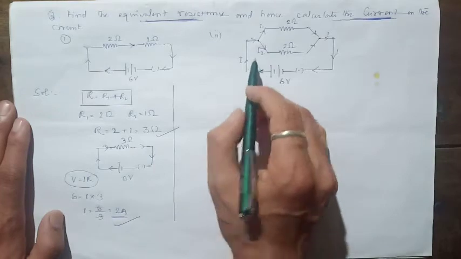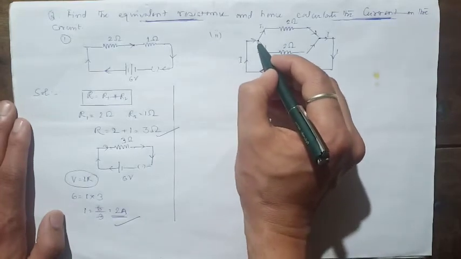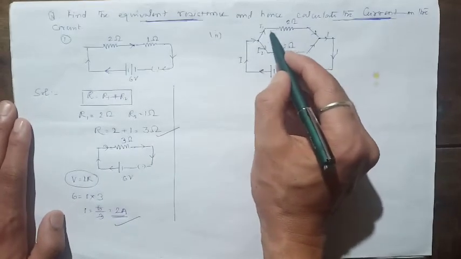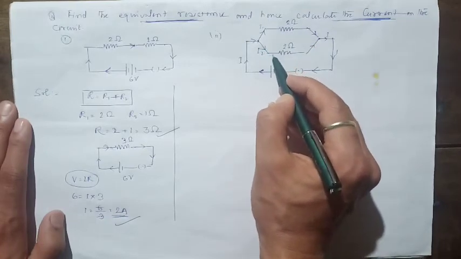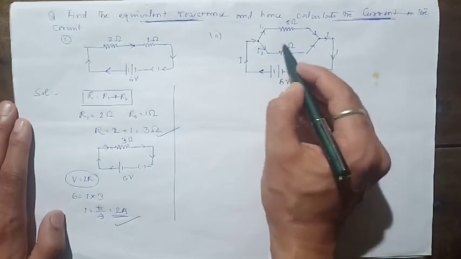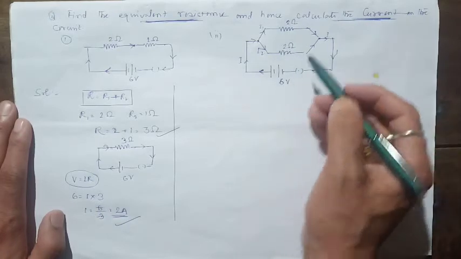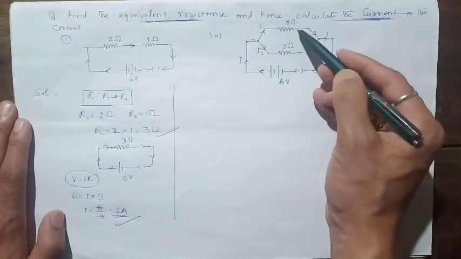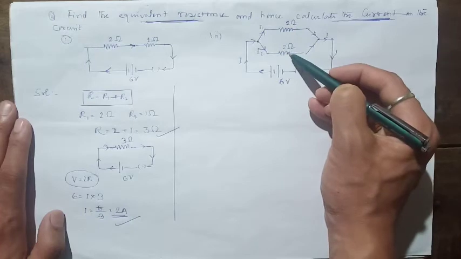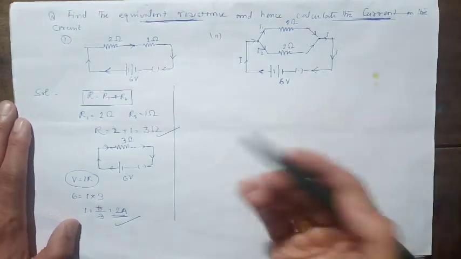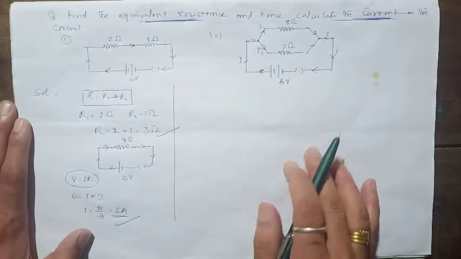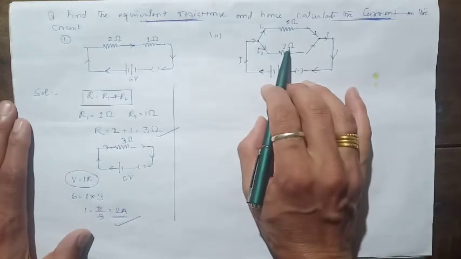Now students, the battery has released a certain amount of current, but the current got divided. A fraction of the current passes through this, and the rest of the current is flowing through this. That means we can say the same current is not flowing through these two resistors. Means they are not connected in series, rather they are connected in parallel. Now students, we have identified that the given resistors are connected in parallel.